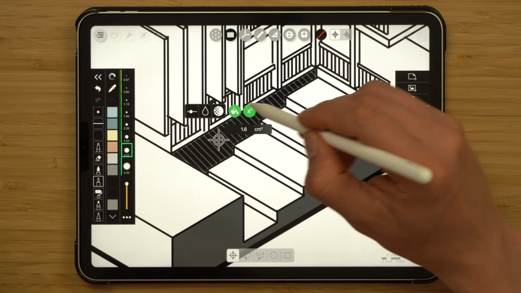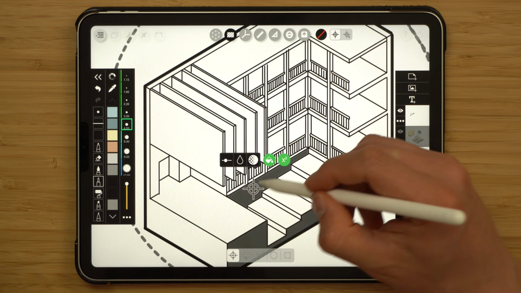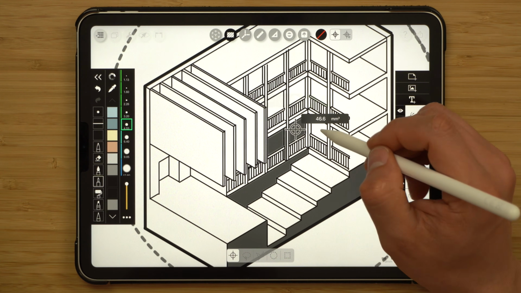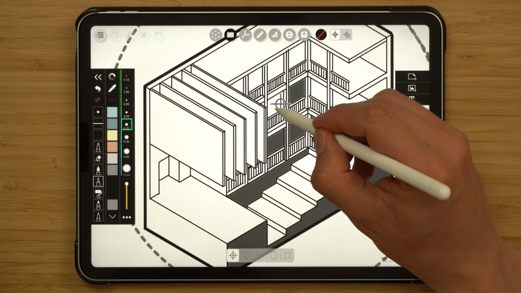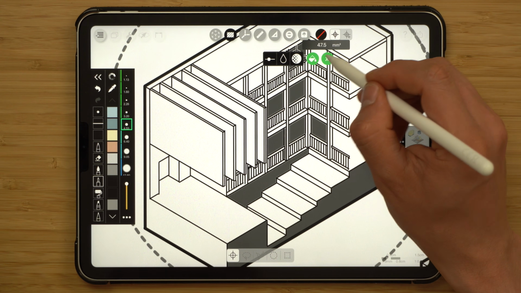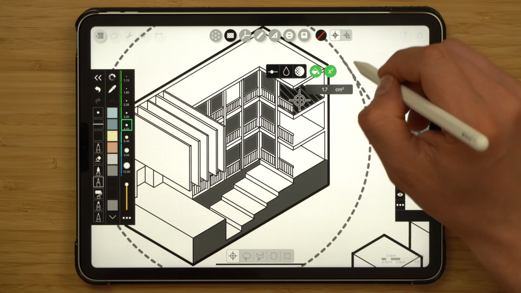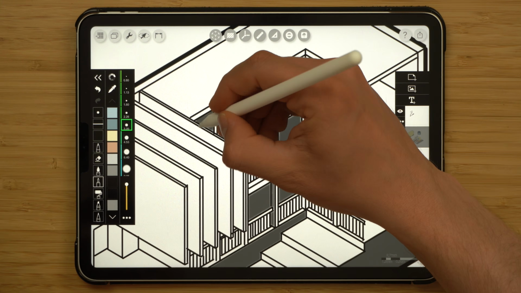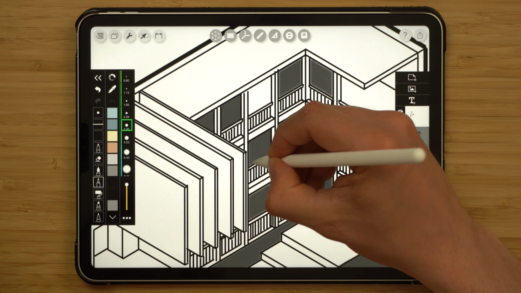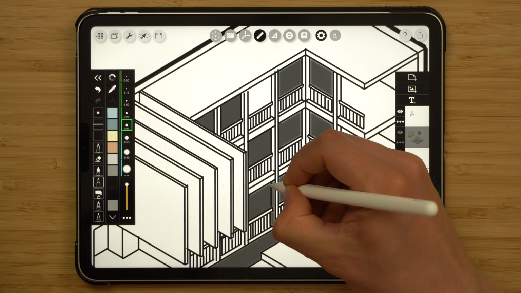At this point I could also use this tool over here, which allows me to color in the bits of this drawing more quickly. It has limitations in that it doesn't quite work sometimes on the edges. It leaves soft edges, but it's still better than doing everything manually, although I will touch up the corners so that the edges are not as soft as they are at the moment.